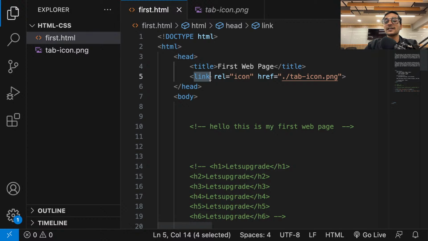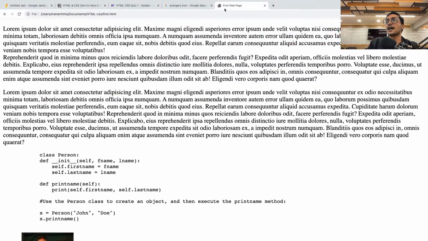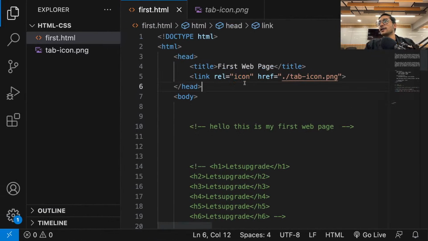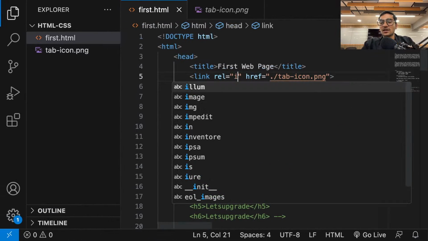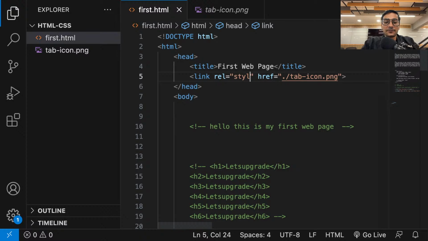Right now, I am planning to link to an icon. I want this image to be my icon. That's why in the link tag, I mentioned that the relation between the image and my web page is that the image is going to be my icon. If you don't mention icon here, the HTML file won't be able to understand that I have to treat that image as icon. See, if I put some other relation here, like let's say style sheet, now if I save it and check,